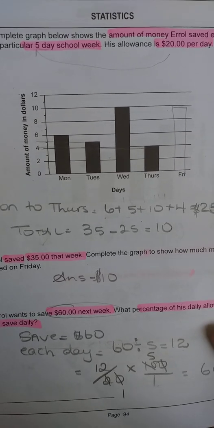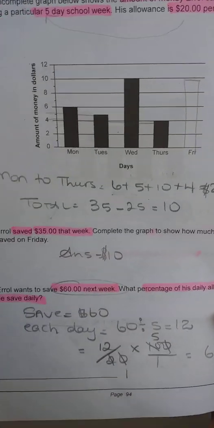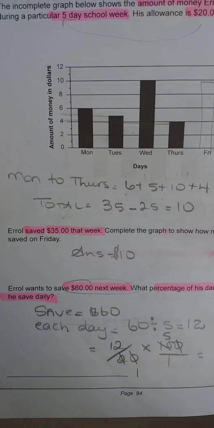Part B. Errol wants to save $60 next week. What percentage of his daily allowance should he save daily, right? He wants to